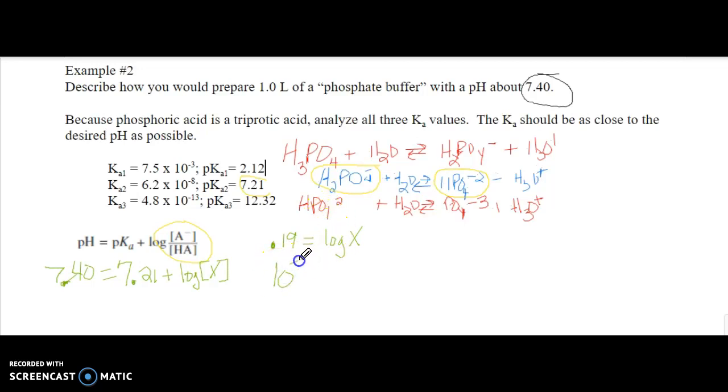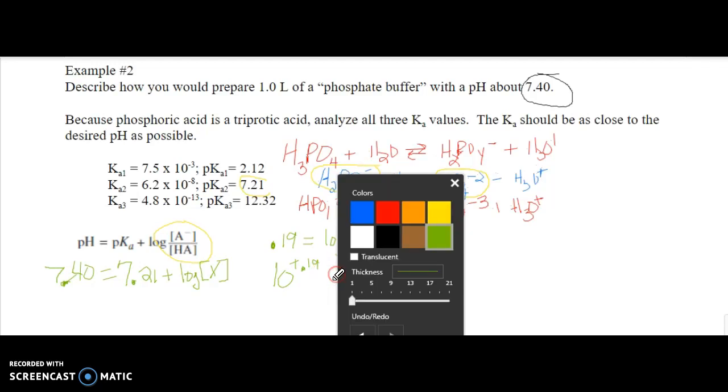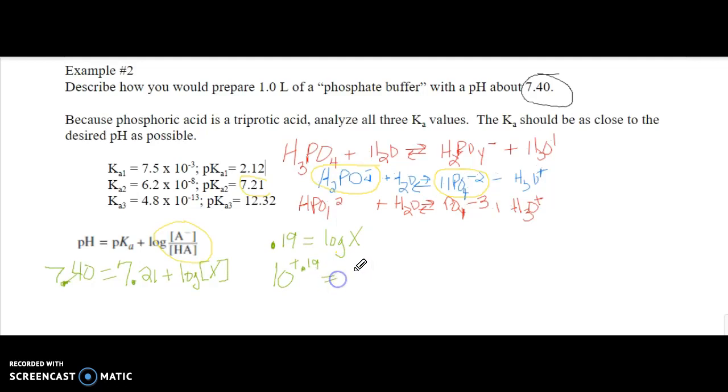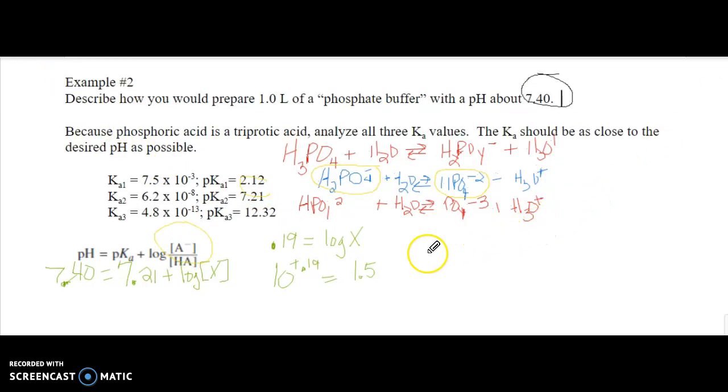Again, I'm going to do 10 to the positive 0.19, so 10 to the x, and that's going to give me 1.5. So what this means is we need 1.5 times as many moles of the base as we do the acid. So 1.5